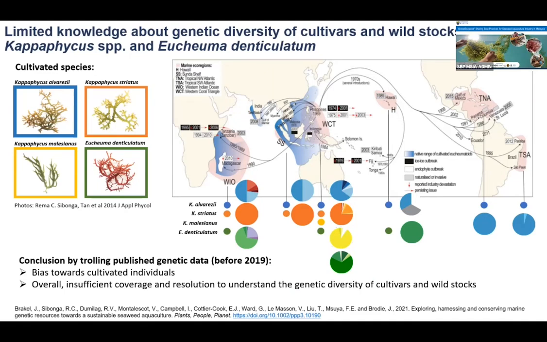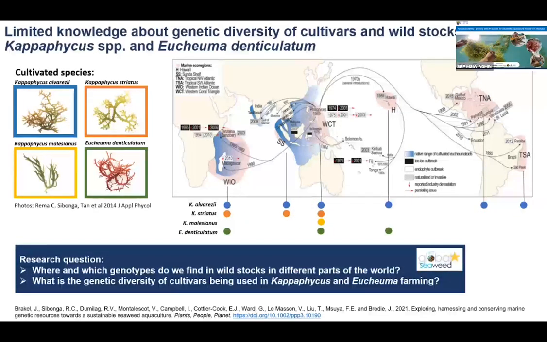While the overall data set that we compiled here is rather small and there's a bias towards cultivated individuals, we believe that the overall Eucheuma and Kappaphycus diversity is yet undersampled, and we believe that there are more genotypes yet to be discovered. Therefore, for our project, we decided to tackle assessing the genetic diversity of Kappaphycus and Eucheuma better, specifically the wild population, but also in the farms, where farmers might have taken up individuals from the wild and harbor and maintained this diversity in their farms.